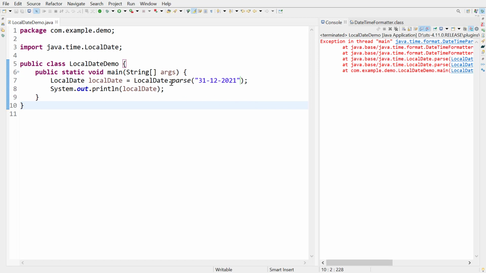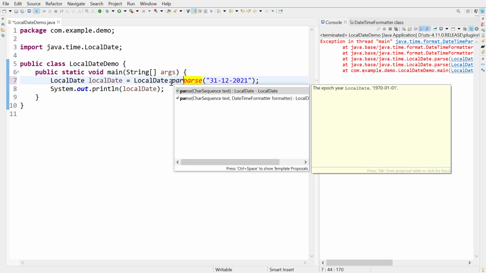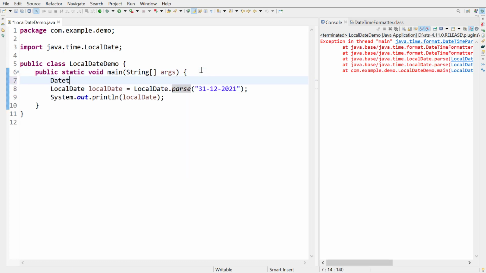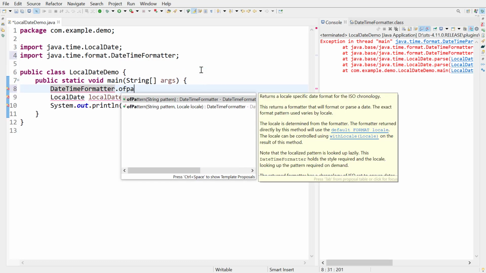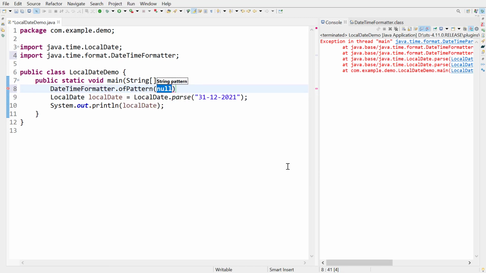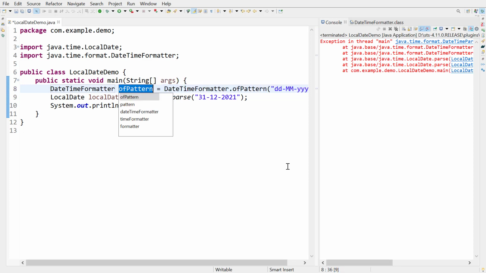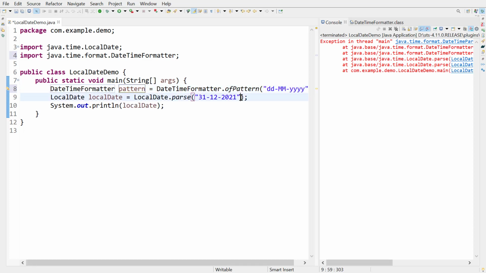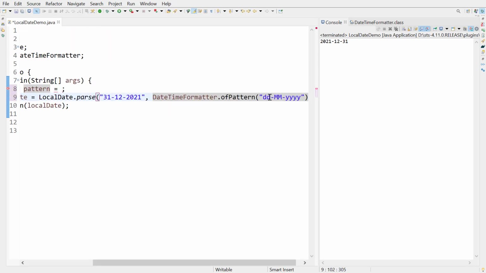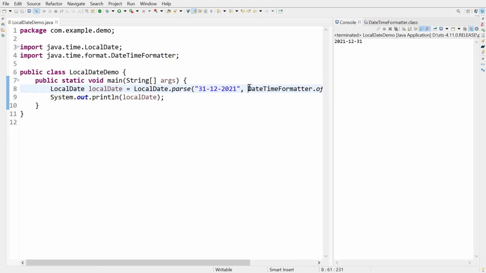In case you want a different format, then you can customize it. There is an overloaded version of parse method which takes an object of DateTimeFormatter class. DateTimeFormatter class, also introduced in Java 8, is used to format date and time. It has an ofPattern method to define the format that the date needs to be parsed in. It works. This can be written as a one-liner. Format this so that it is visible.